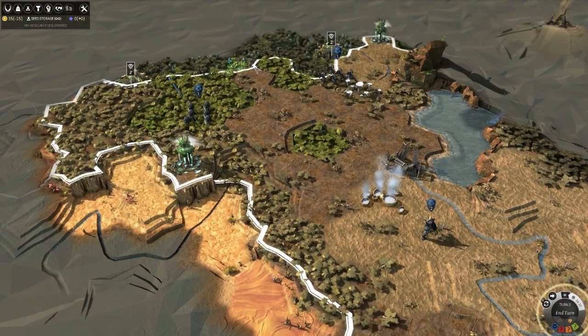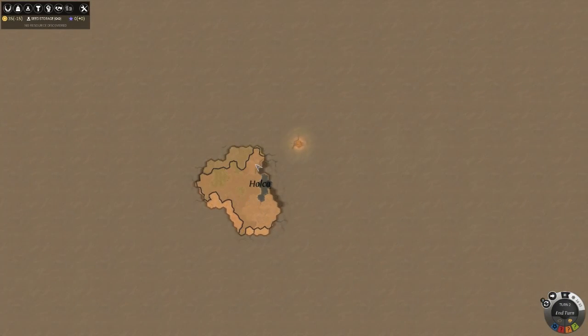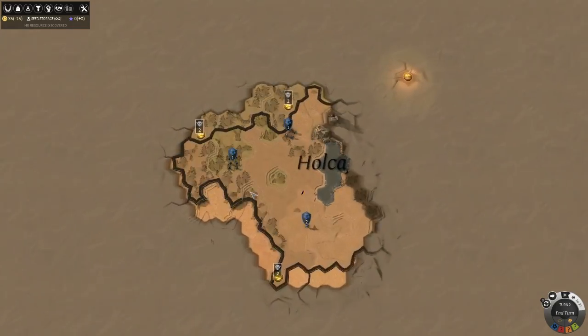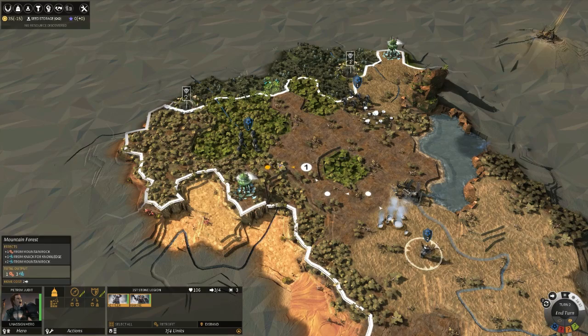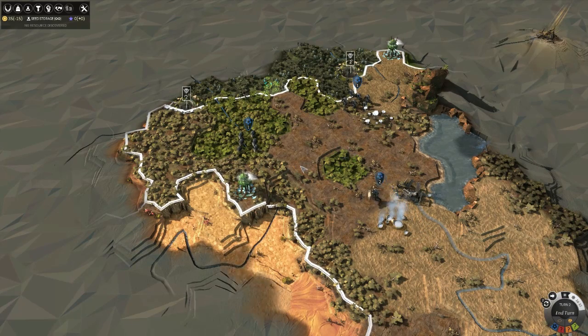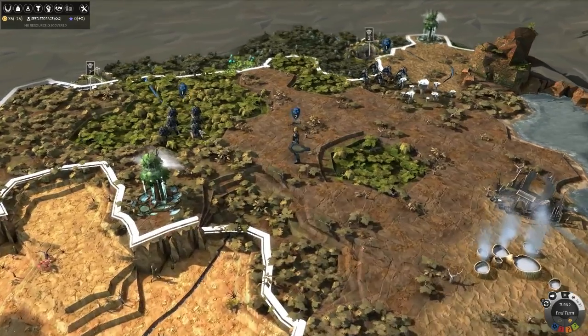You'll notice that there's this area around here, this white area. That is our region. So if I zoom out, you can see that this is a region, okay? You can only ever have one city in a region. So when I found the city, you can only have one there. And there's various reasons for that, but what it means is you don't... One of the things I really